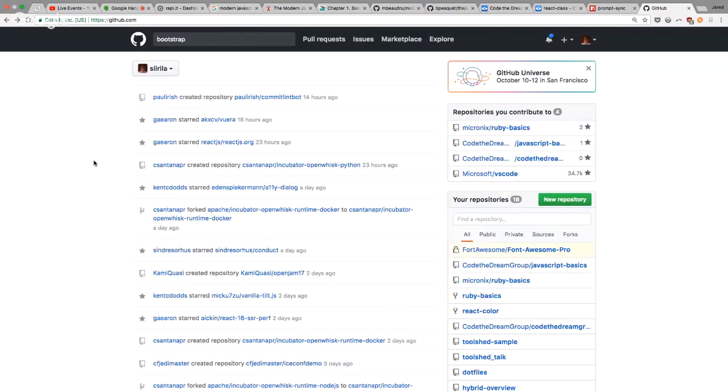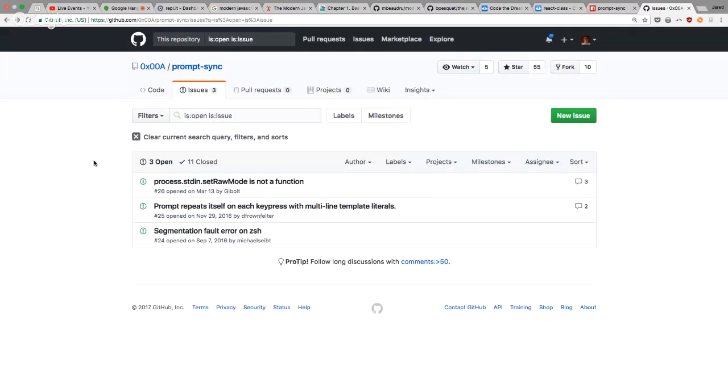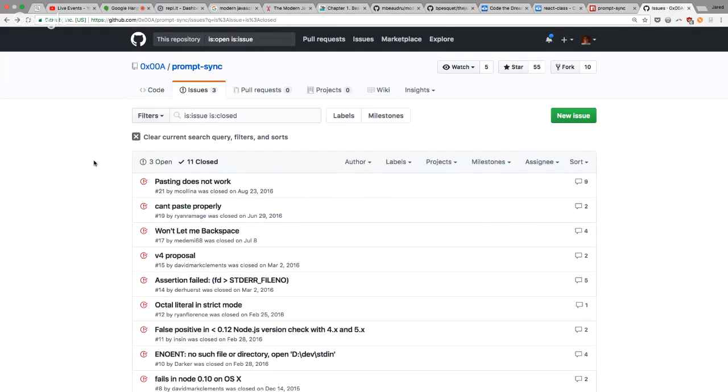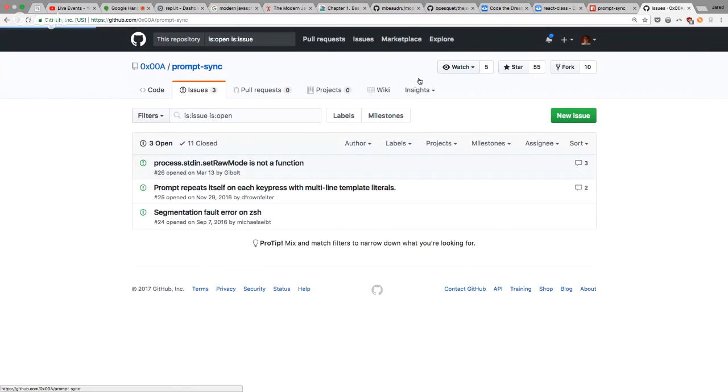So would that have been a good one, with 15,000 issues closed out of 116,000? The fact that they've closed 15,000 probably means it's pretty active, because that's an insane level of activity. There are other tools you can use to compare level of activity, but it's useful to get a gauge for how stable something is, and how much it's being updated and worked with. You also want to see whether it meets your needs, because sometimes a lesser known package can be exactly what you need. Like this prompt sync isn't the most popular